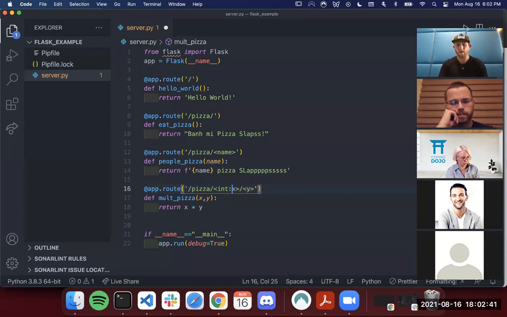So what I can say is int, and what this does is when it passes in this value, it will pass it in as a type of integer, right? That's the type that this variable is, not a string. So if I'm doing this,